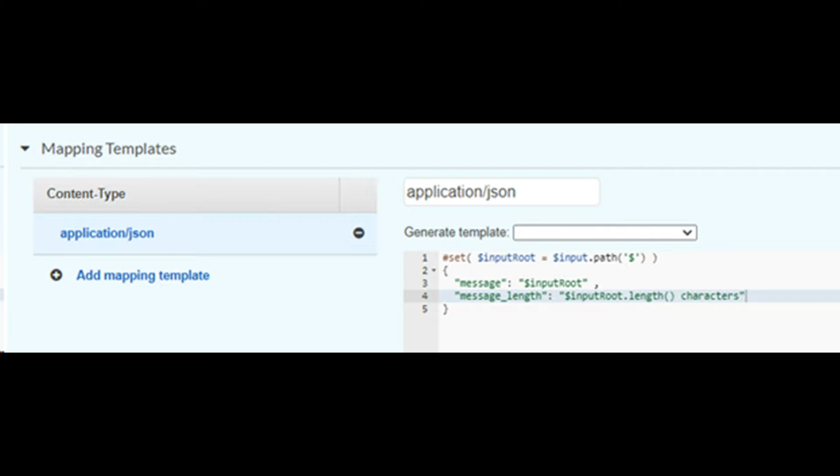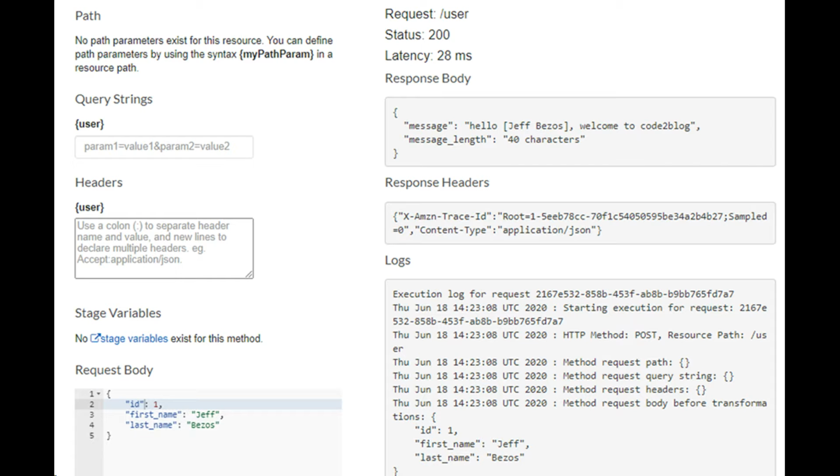We now create a response body mapping template to suit the needs of the client that invokes our REST API. You now see that transforming input and output is the job of API Gateway, while Lambda is used to handle business logic. We tested the API endpoint with the AWS client. Testing is successful.